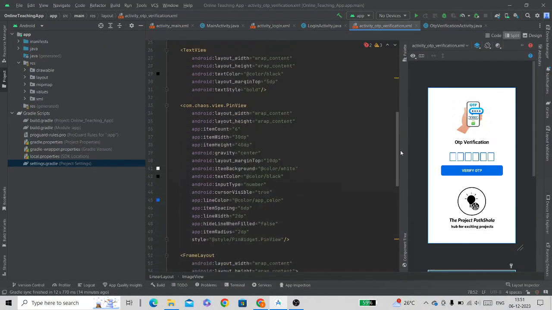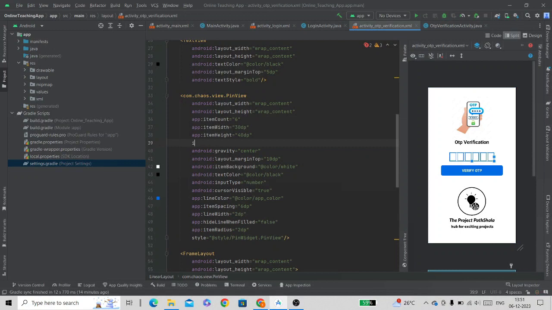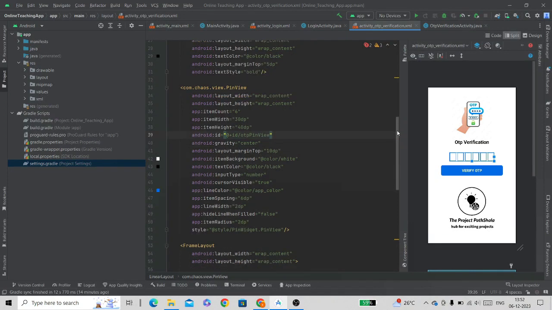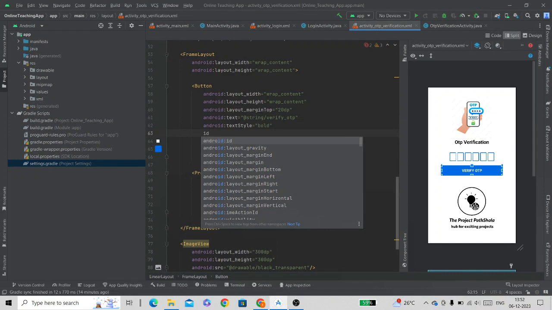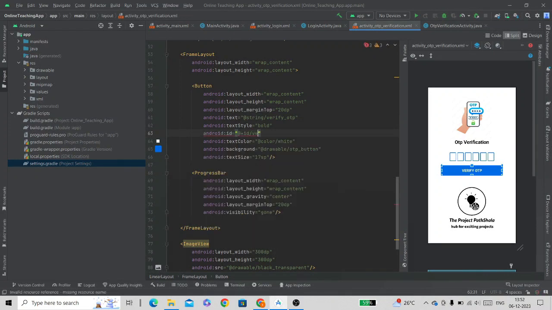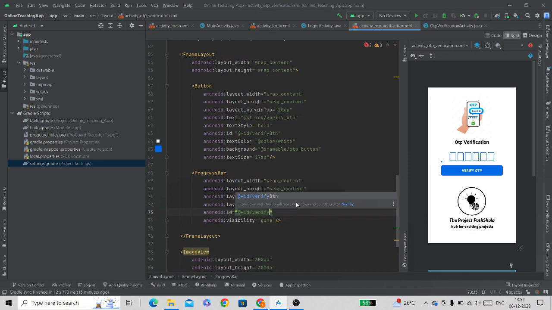So we will first give ID to this PinView, ID OTP PinView. Now we will give ID to this button, ID verify button. Now we will give ID to this progress bar, ID verify progress bar.